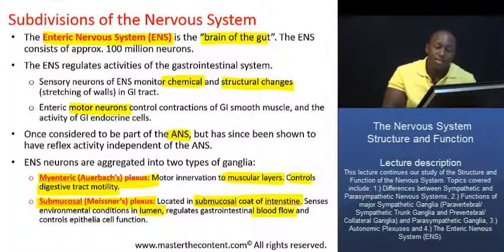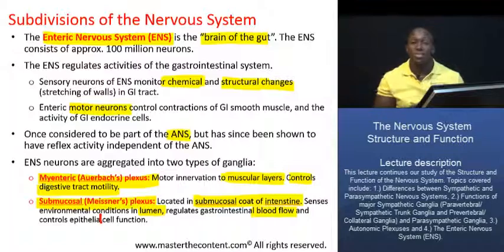Last but not least, it also controls epithelial cell function, and that's mostly related to its ability to stimulate the production of secretions such as enzymes to carry out the digestive process. Now, we have a picture on the